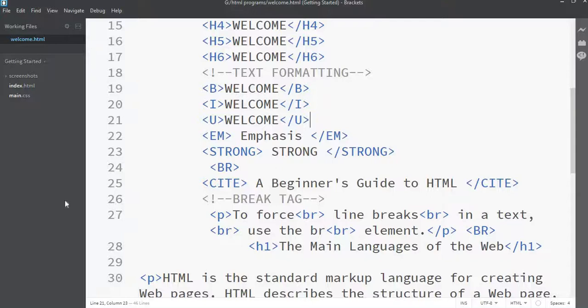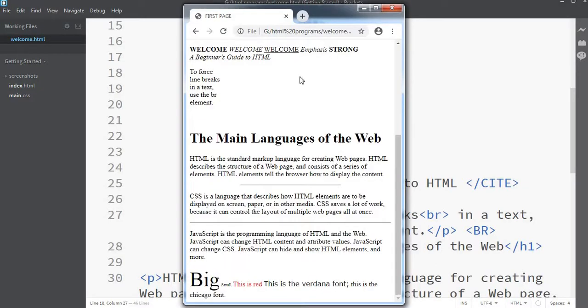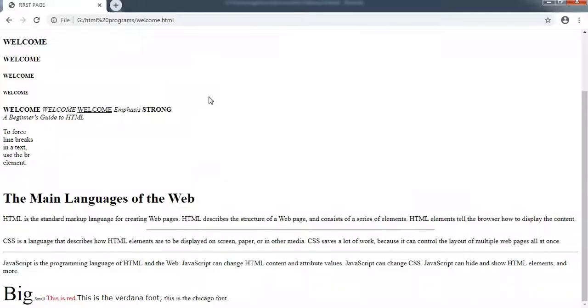Now let's see the practical of text formatting tags. In this file I am explaining text formatting. We already have discussed text formatting. Now here we will see the practicals of how to run or how to use these tags. I designed a web page using various tags. Let me show you what particular tags I have used here.